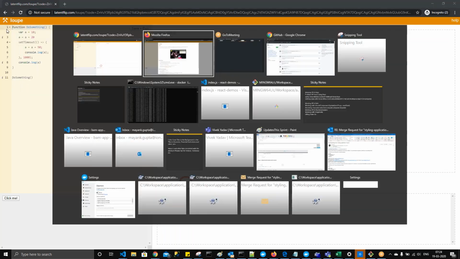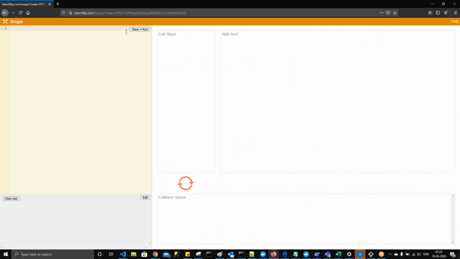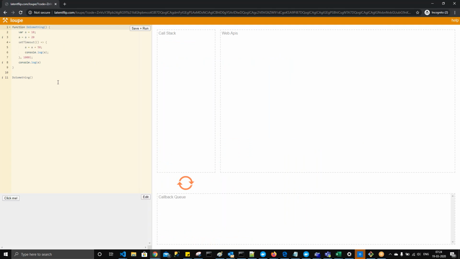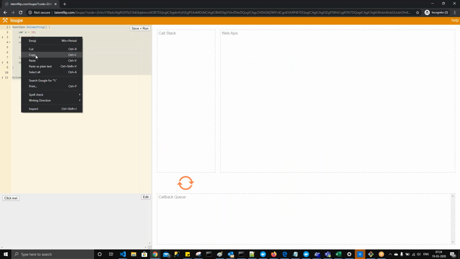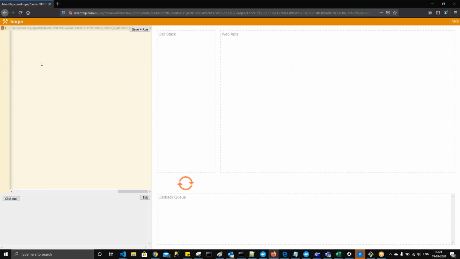That will be executed first, and then again a setTimeout will come into the call stack and go to the web API, and once the time is over, it will come to the callback queue. But again here, if I have multiple setTimeouts after